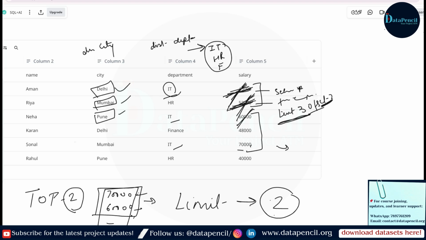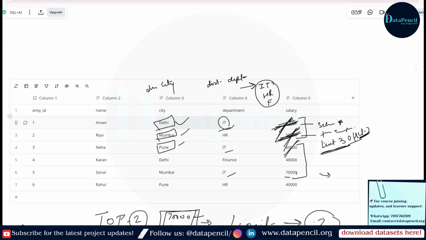Now you have this distinct thing. But if you don't have distinct, you have only city or only department, only salary, only employee ID, only name, and you want to count the rows. How many cities are here? How many names are here? How many employee IDs are here? So basically you want to count.